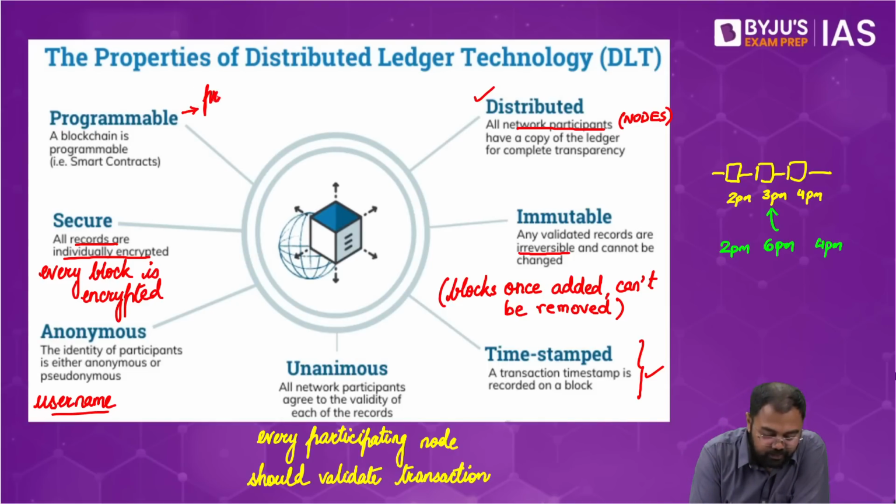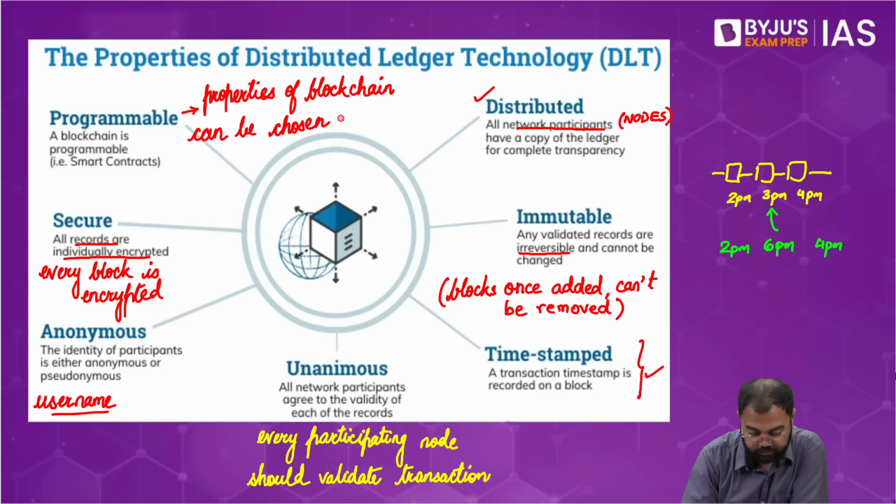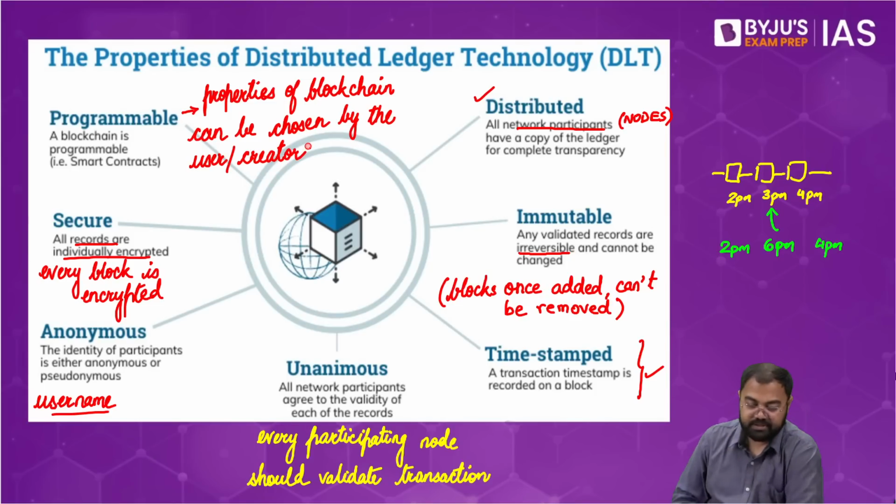we basically, the properties of blockchain can be chosen by the user or creator of the blockchain. So in this manner, we see that there are all these properties that we get, and